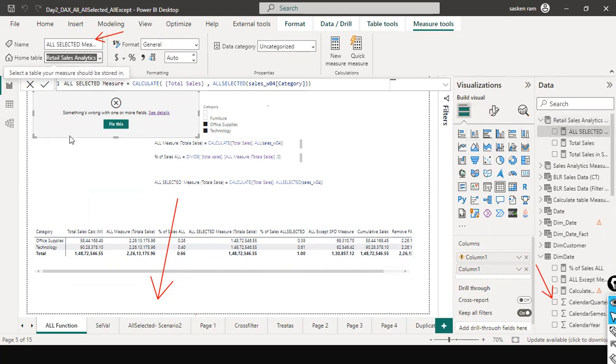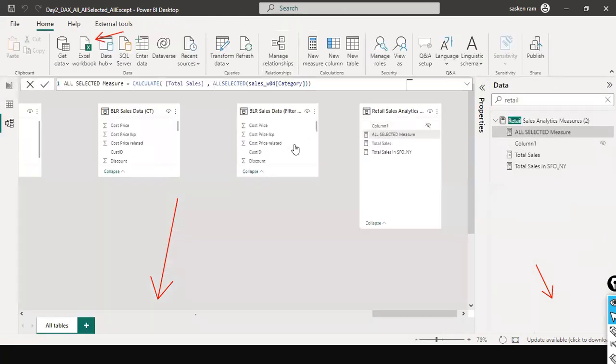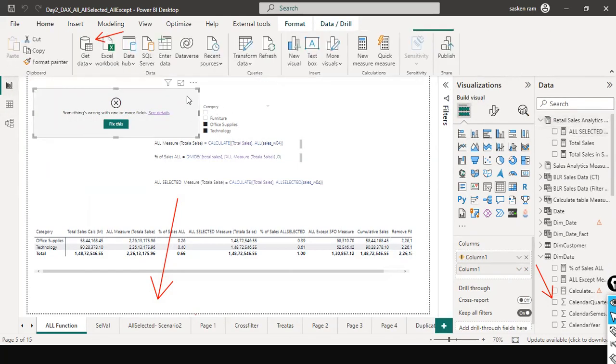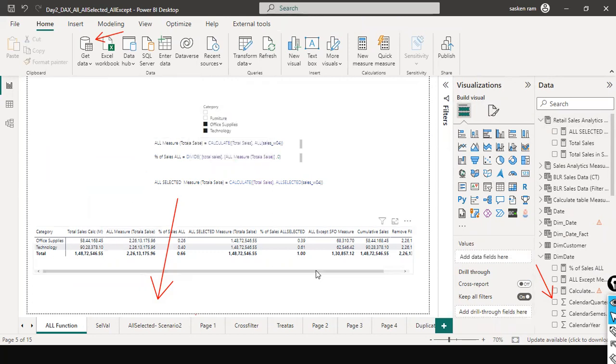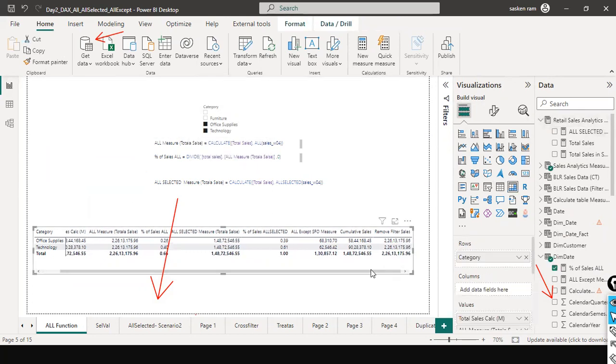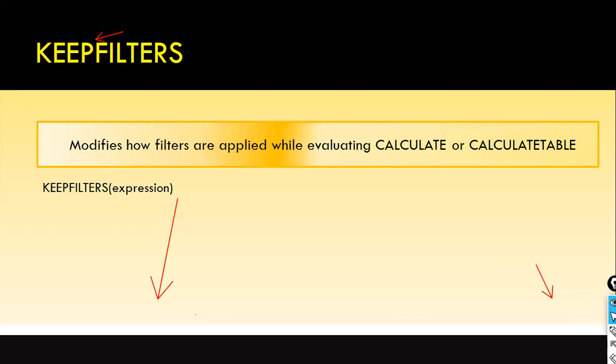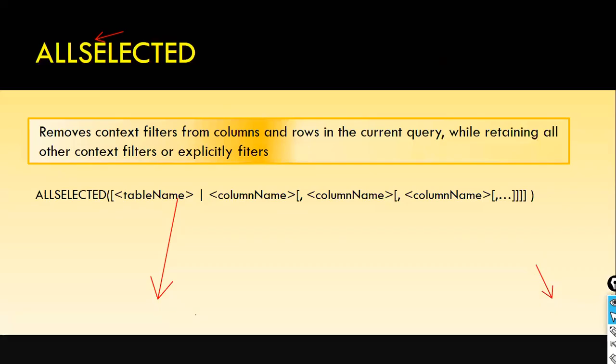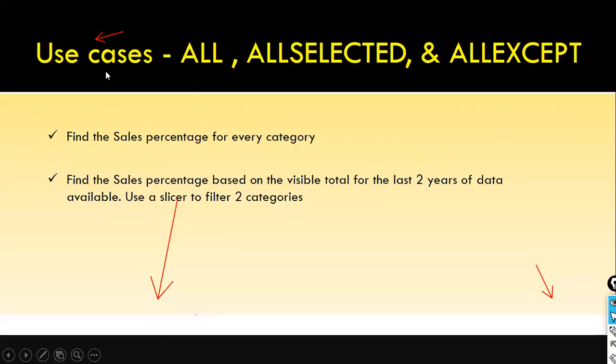Okay, this measures table is a standalone table. You don't have to link it with any other table. Okay, now let us understand the ALL and ALLEXCEPT functions. I'll just give you a quick overview, or recap, about what is